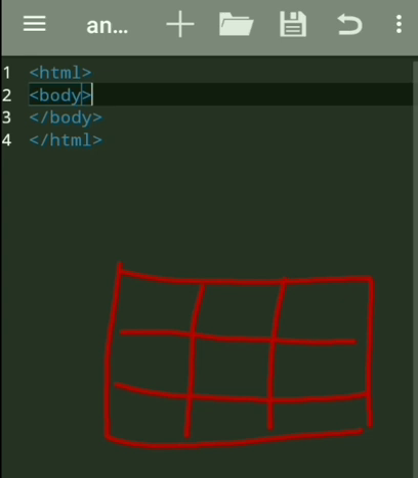In HTML, rows are defined using the tr open tag and tr close tag. As there are 3 rows in this table, we should use 3 tr tags for 3 rows. If there are 5 rows, then we have to use 5 tr tags, open and close. Within this tr tag, you see there are 3 cells to enter data.